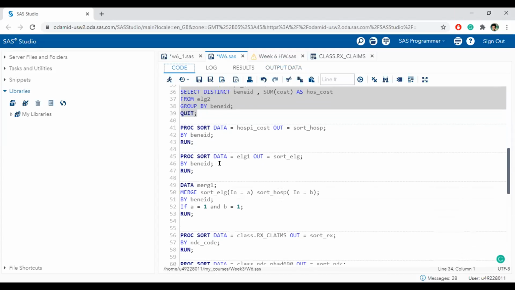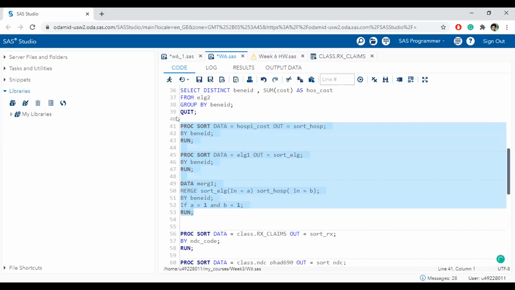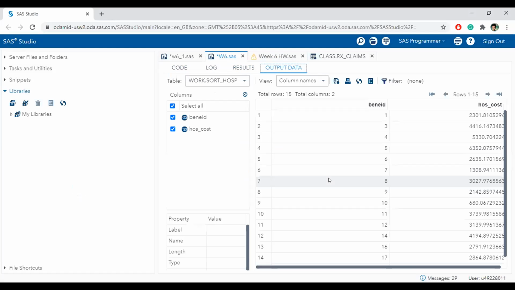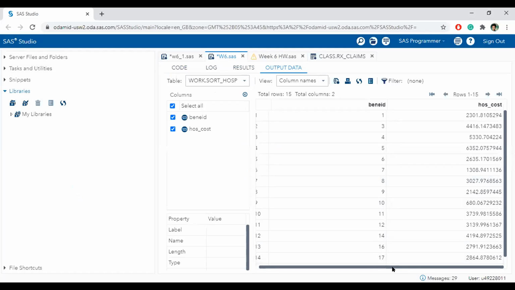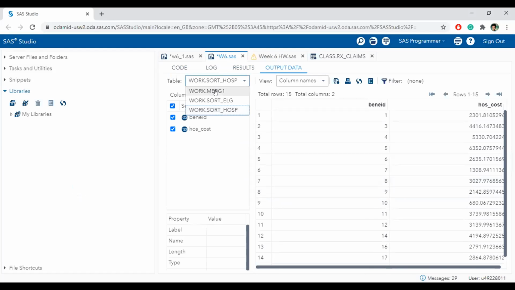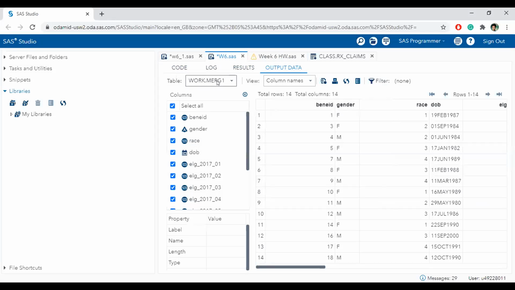Second, what I did is I merged the hospitalization cost and the first eligibility. This is merge one. Now it's 14 because 6 is cancelled out.